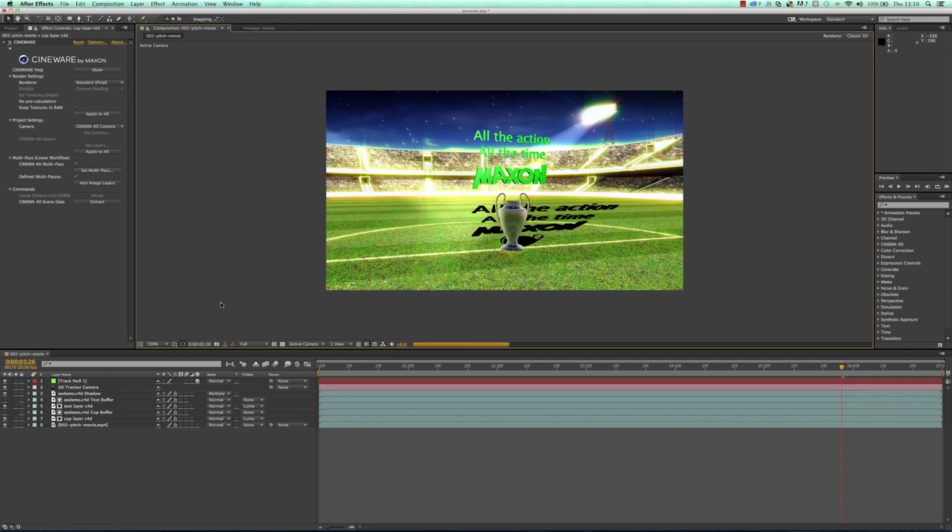Also to note, you can see I'm working on a Mac here, but Cinema 4D works on PC or Mac, so you can run it under Windows or you can run it under a Macintosh OS. And also quite nice is when you buy the product, if you upgrade to the full product, you have a dual platform installer, so you can choose to install it on Windows or on Mac. So that's quite nice as well. But Lite, of course, depends on your After Effects CC, what that's on.